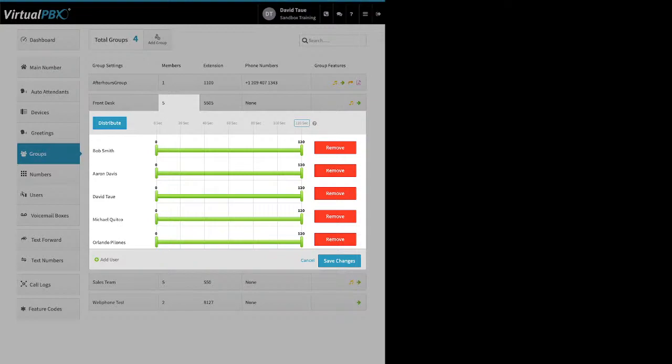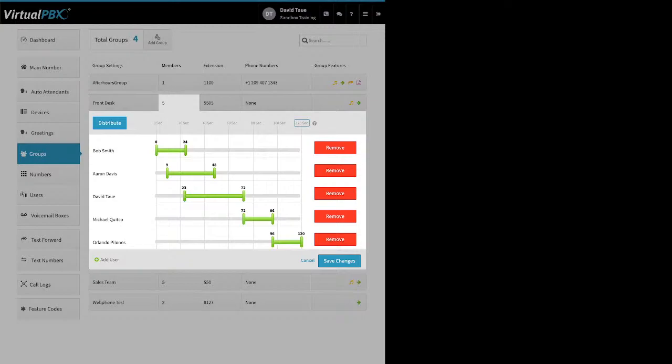Now, up here at the top, kind of like under follow me, right? I've got distribute, so I can do it like this. So now every time a call comes in, it rings to Bob first, no matter what. Right? If Bob is already on a call, he will get a call waiting beep if he has that enabled on his actual phone. But otherwise, the call is offered to him for 24 seconds and then offered to Aaron after that point, right? So you could do something like this to have some overlap, so that way those second or third callers don't have to wait on hold for too long before someone can pick up,